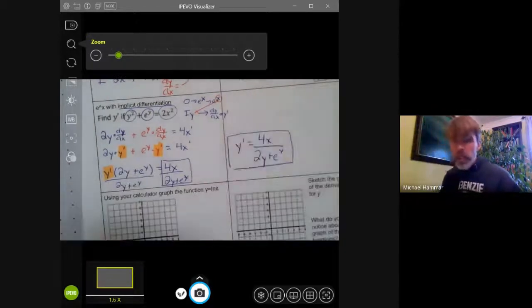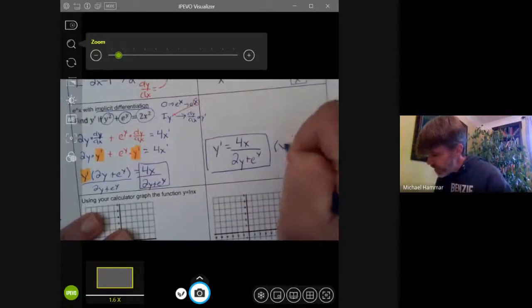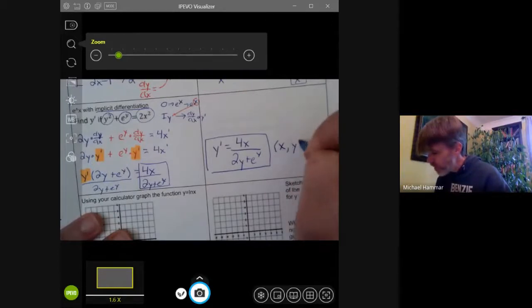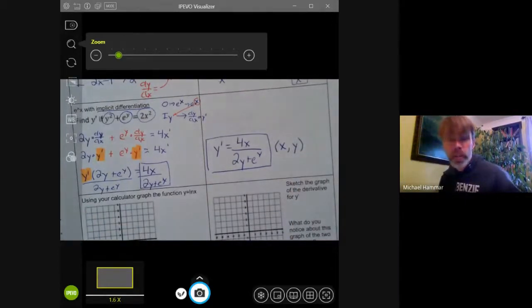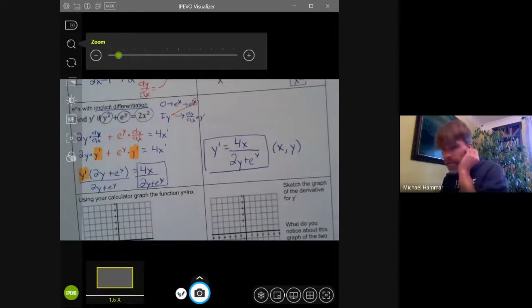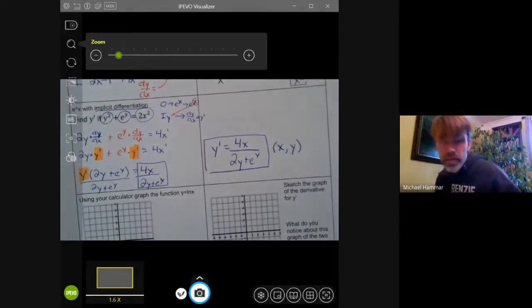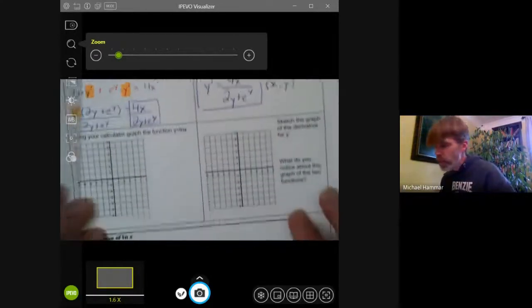And remember, in this thing, the x stands for the x-coordinate of a point, and the y stands for the y-coordinate of a point. So we can find the derivative at any part on this graph. Okay? So this is how we use e to the x. So now, let's move on to the